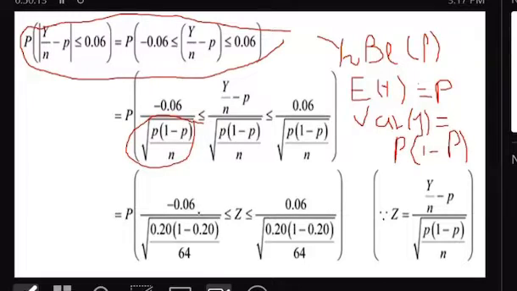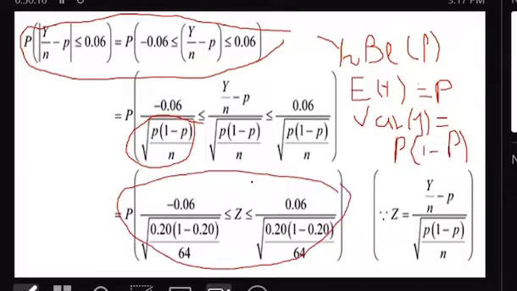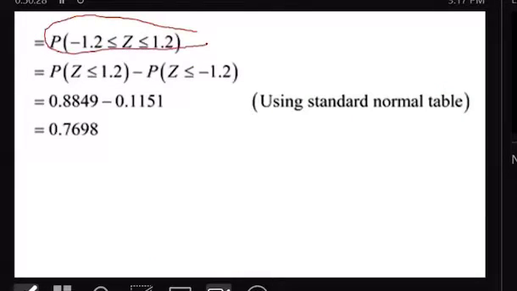Now, you're going to find yourself here. When you find yourself here, by the time you simplify the denominator and the whole thing, you're going to find yourself here. Super easy. First, work with the maximum one minus the minimum one. You can check from the statistical table, or you use our software. It's going to be pnorm of 1.2 minus pnorm of negative 1.2. In the end, you're actually going to get this. This is the end of this statistical party.